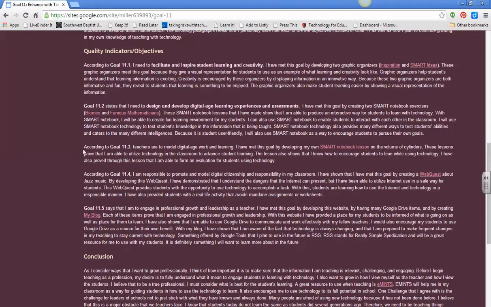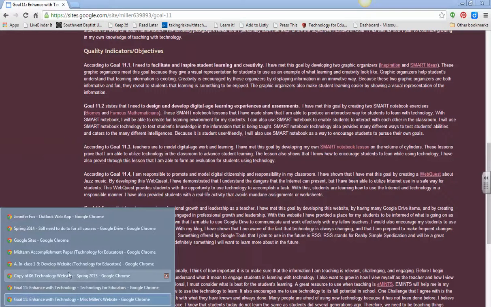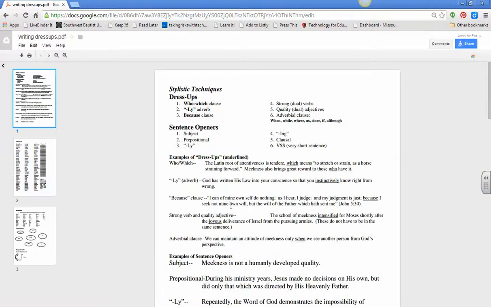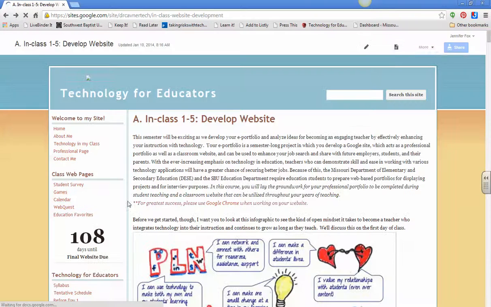She used according to probably too many times. You can say based on Goal 11.3 or whatever it is. Those type of things to vary your paragraphs. Also, there are a couple links here to use for sentence variety, just what we were talking about. So those are just some little helps that you can use.